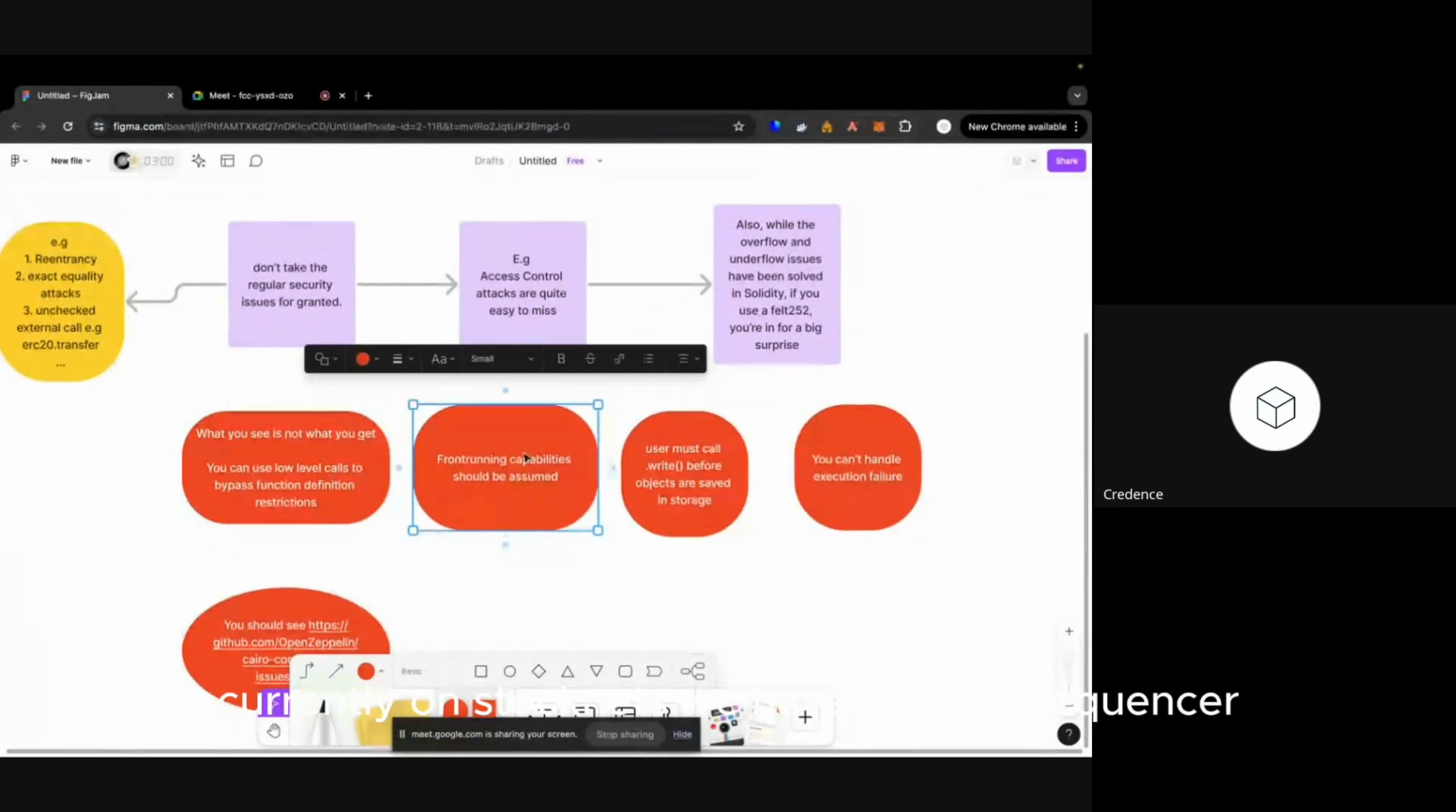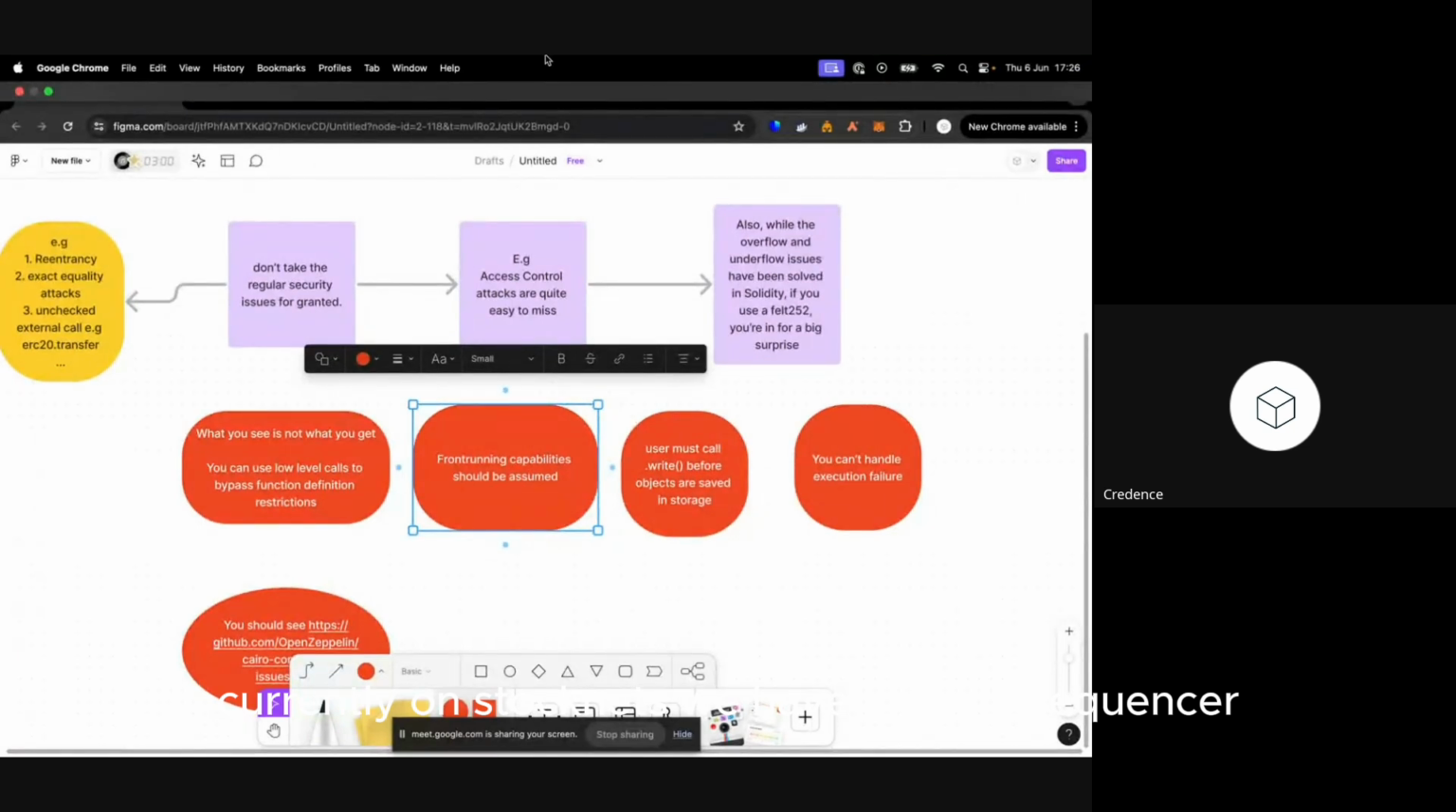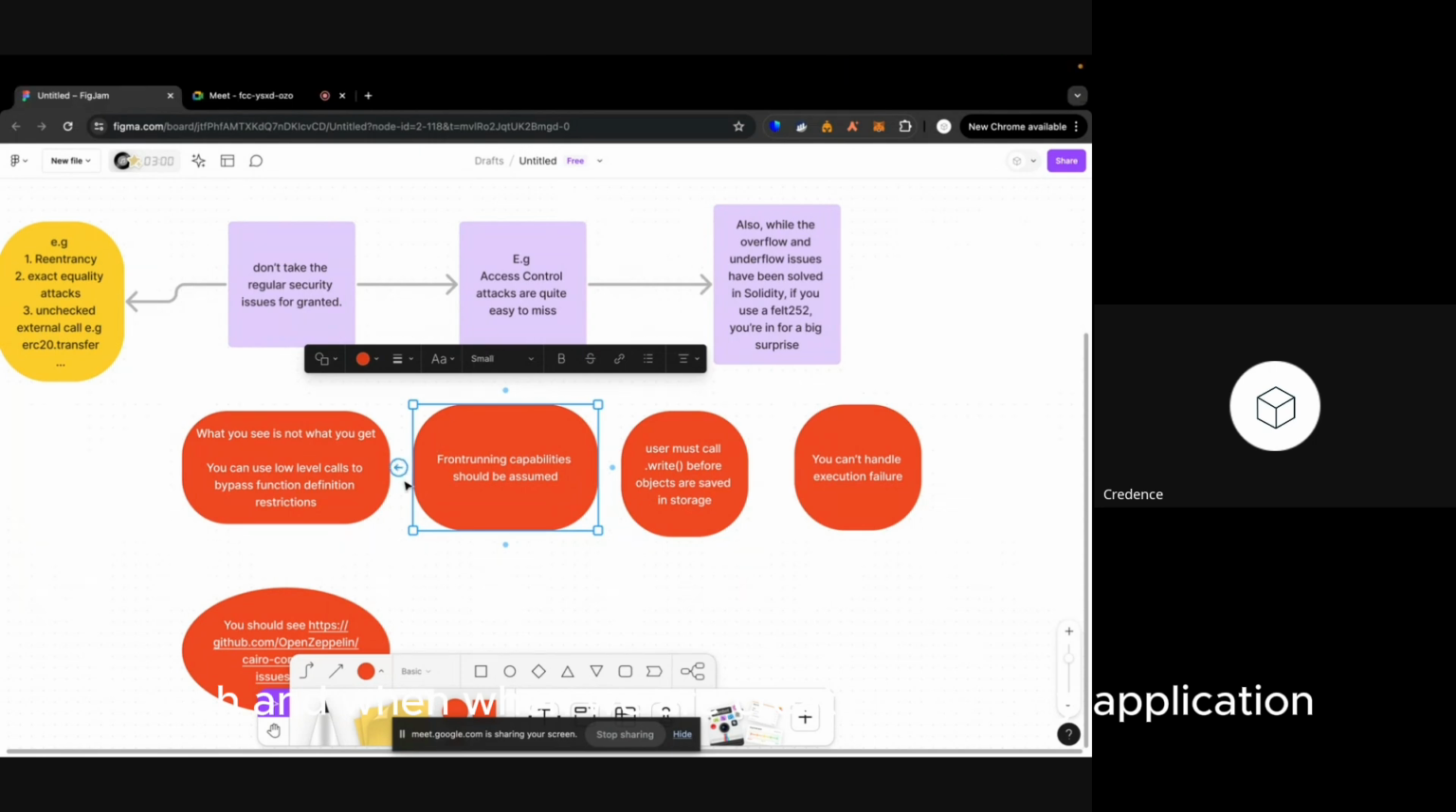Currently on Starknet, we have a single sequencer. When you are creating a DeFi application, usually when you're working with Solidity, you assume that you can be front run because the validators are decentralized. Front running is basically